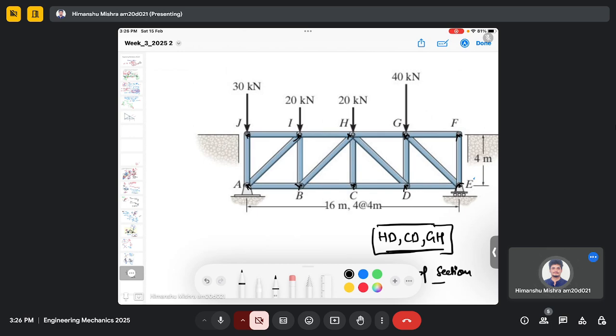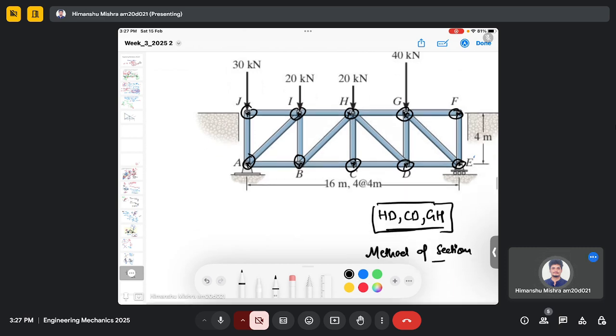It will become complicated, and it will take a lot of time to calculate the force in each member, even though it uses the same method that we have been doing since the last 2 or 3 classes. It uses the equilibrium equations, but you can see it is a very cumbersome method, because for such a complicated truss you have to consider many joints and calculate the forces in many members, and it will be a very time consuming method. So instead of it, we can use the method of section, where we cut the section